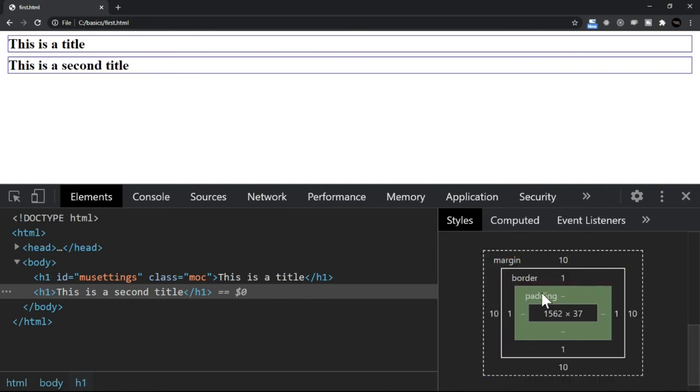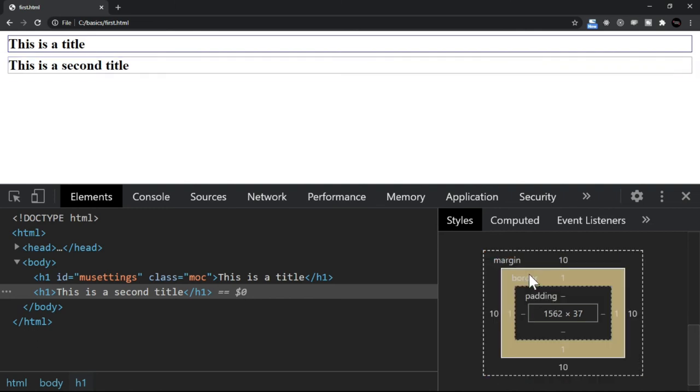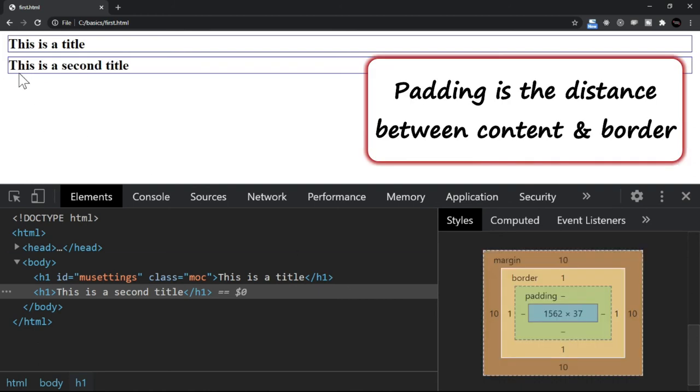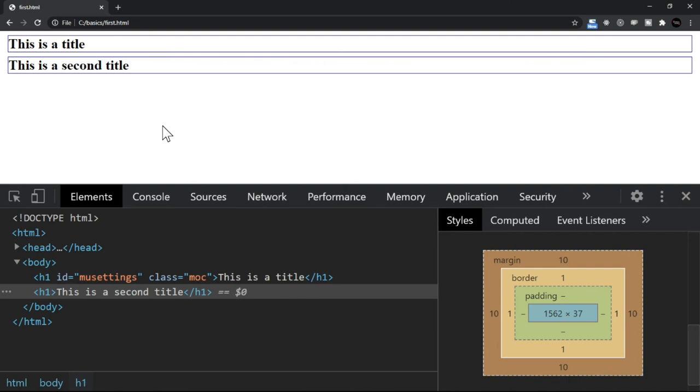Now let's talk about the padding. We have discussed already what border is. Now padding is something which is the distance between the content and the border. You see this border and the T which is starting just immediately after the border is there. So if you want to, let's say for this, what will you do? This is the left hand side of this border, right? So the left padding should be increased.